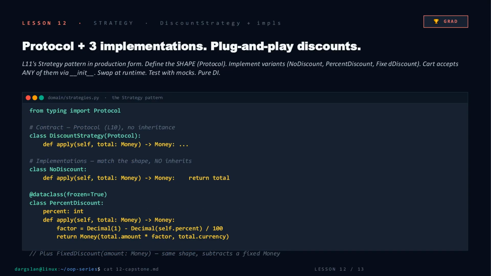Now pricing gets interesting. We define discount strategy as a protocol, the structural contract from Lesson 10, no inheritance required, and then 3 classes simply match that shape. No discount, percent discount, and fixed discount. This is Lesson 11's strategy pattern in its production form. The cart will accept any of them through its constructor, swap them at runtime, and stay completely blind to which